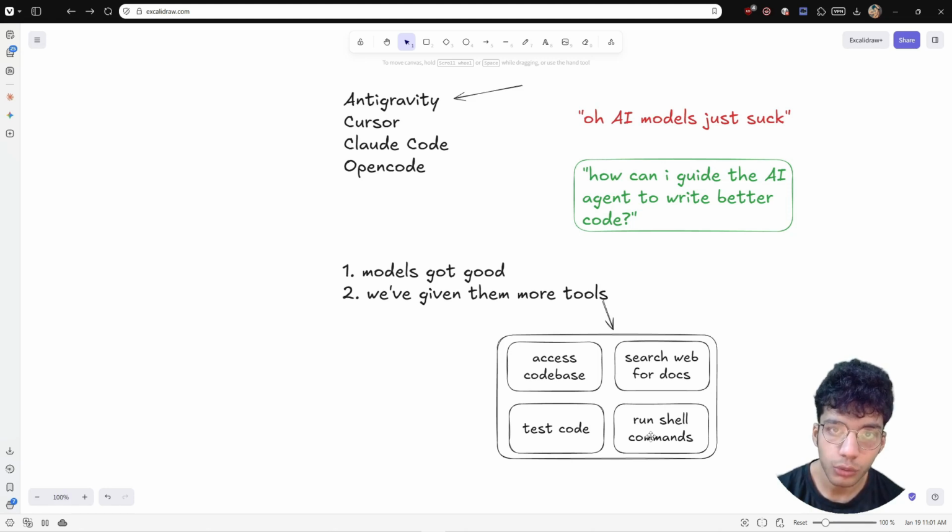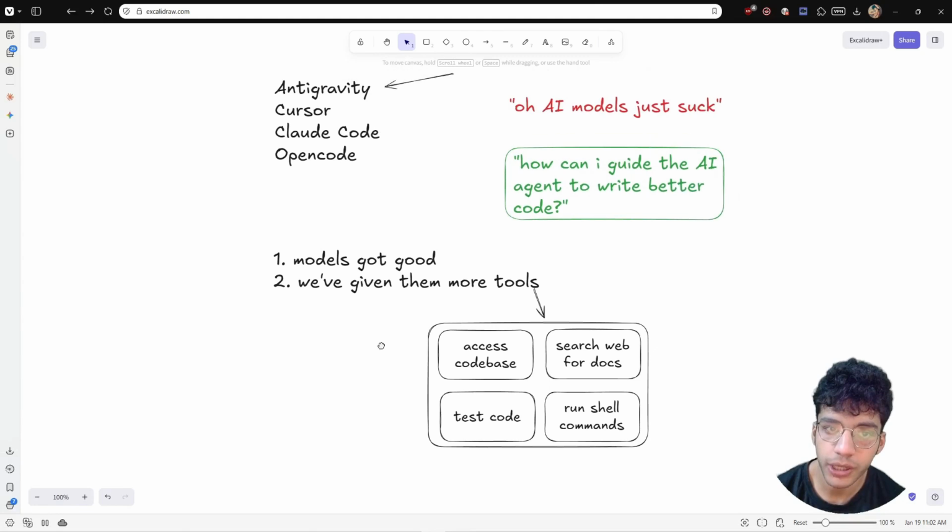They can do all of the work that you were previously doing, and you just need to guide the agent to do this work for you. Just imagine an AI agent that can literally search Google for documentation. Is that not crazy? We as programmers used to spend hours doing this ourselves. If an agent can do that for us, is that not amazing? So you need to be using these tools. They've just gotten so much better than they used to be.